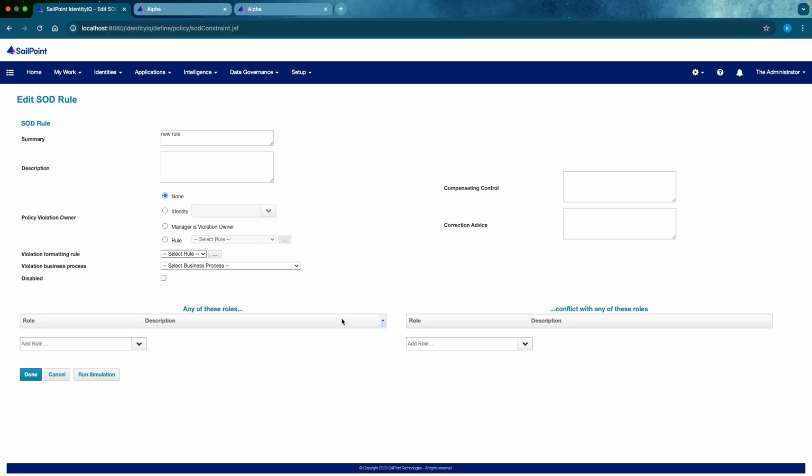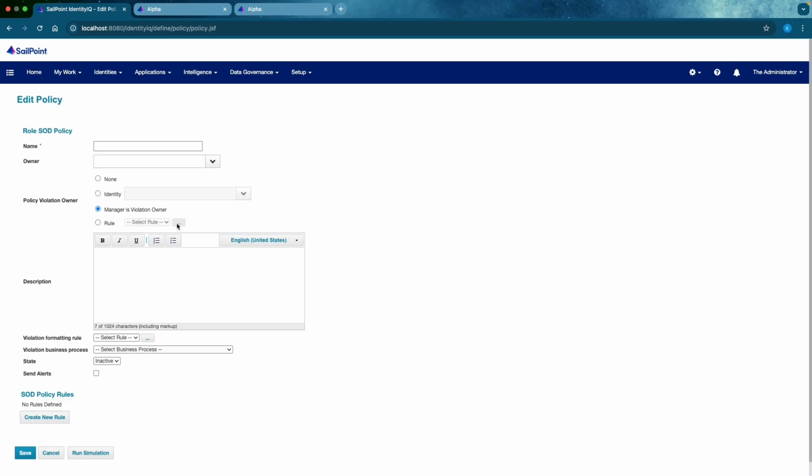So if you have 18 roles and the user should not have more than one role, then you have to create 17 combinations. Okay, so if the user has roles in this list and is trying to request roles in this list, it will be a violation. Similarly for entitlement SOD policy violation as well,